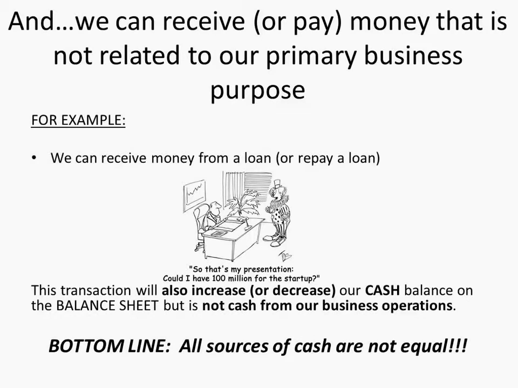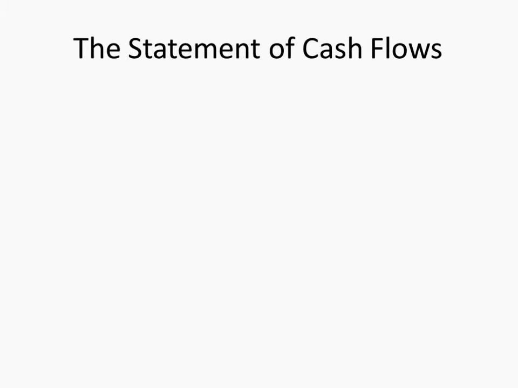So there are different reasons why you may want to see different things happening, but in general, if you see a company existing on loans and selling its assets, that doesn't say a lot for the company's ability to continue to exist as a profitable company, okay? Because that might be something they're doing to try to stay afloat, okay? So, the statement of cash flows is very important